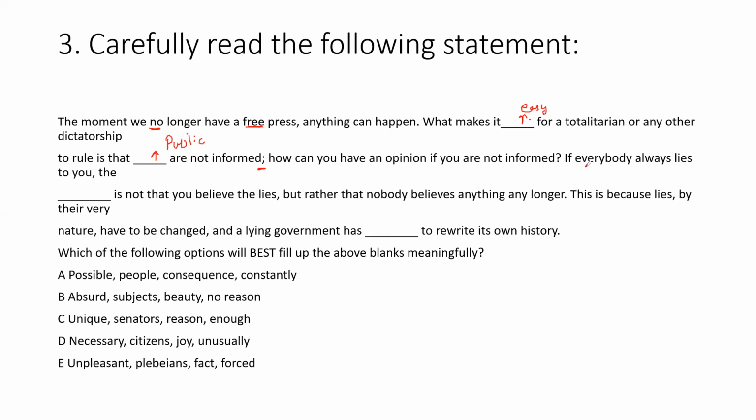Look at the second part. If everybody always lies to you, the dash is not that you believe the lies, but rather that nobody believes anything any longer. The sentence seems quite confusing, so you stop and reread, go back to it. Look for the part where it says, but rather nobody believes anything any longer, which means the author is talking about believing. The first fragment says, if everybody lies to you, the dash is not that you believe the